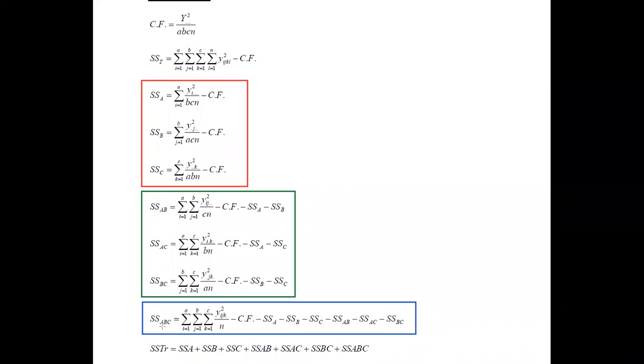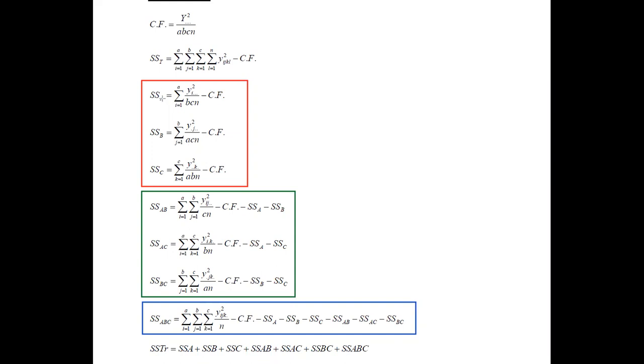In three-way interactions, for the factors A, B, and C, we get the total as Yij dot, square it, take the summations, and divide it by n. Then subtract the correction factor, and thereafter you have to subtract all the main effects and all the two-way interactions from this quantity to identify the SS value of the three-way interaction. Therefore, these are the set of equations we use to calculate main effects, two-way interactions, and the three-way interaction.